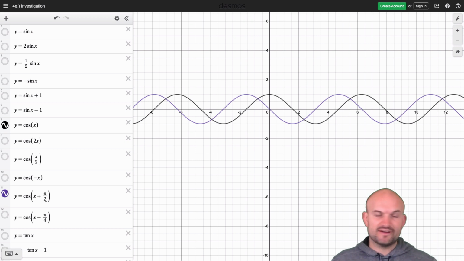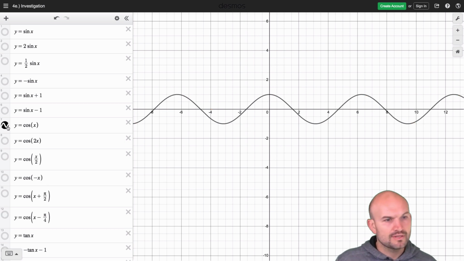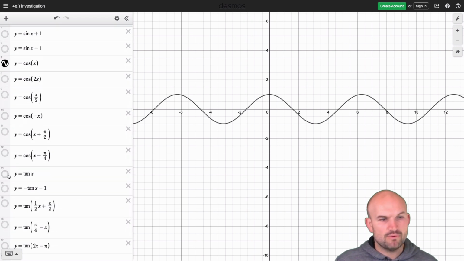And we're going to verify this again. If we are adding an angle, that's going to be shifting it to the right. So you can see how that graph is actually being shifted to the right. All right. And then the last one I wanted to show, the last slide that we talked about, was the